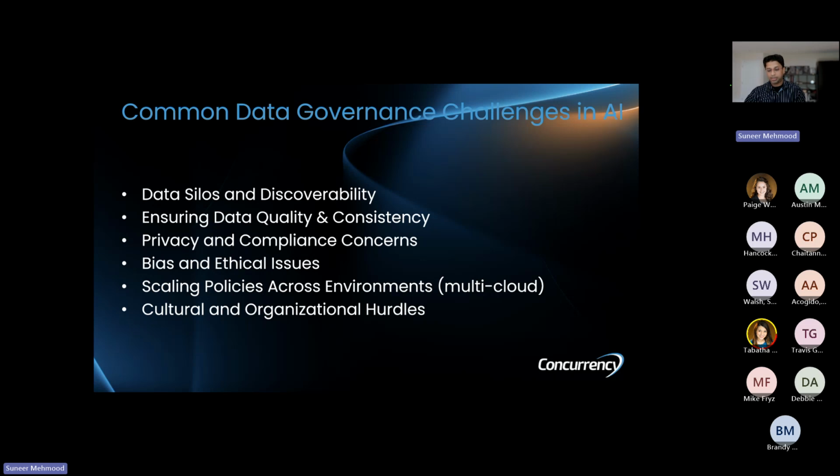What are the common data governance challenges? We discussed the silos. If the data is in several different places, you have no control.